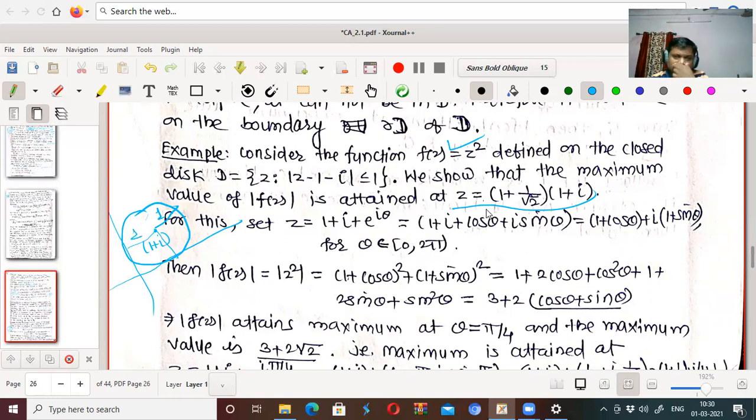Now 1 plus 1 by root 2 comma 1 plus 1 by root 2. Okay, this is the point. Center is at 1 comma 1. Somewhere here is 1 plus 1 by root 2 comma 1 plus 1 by root 2. It will be like this. Okay. For this set